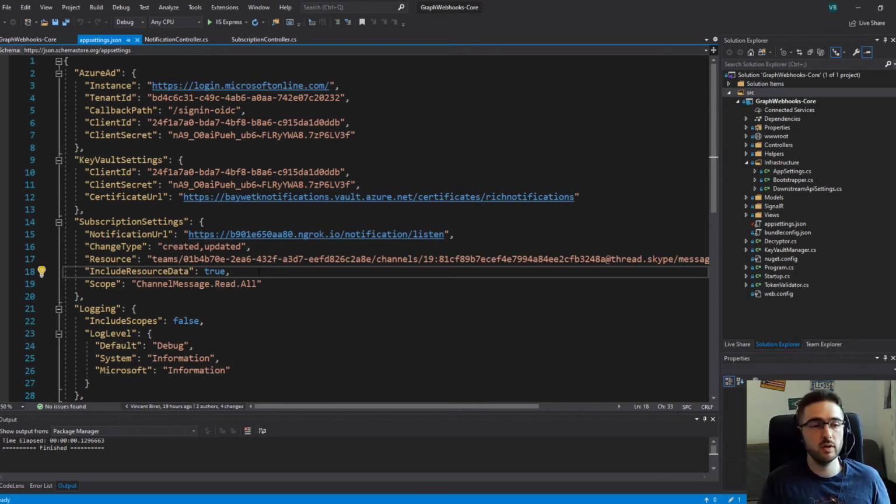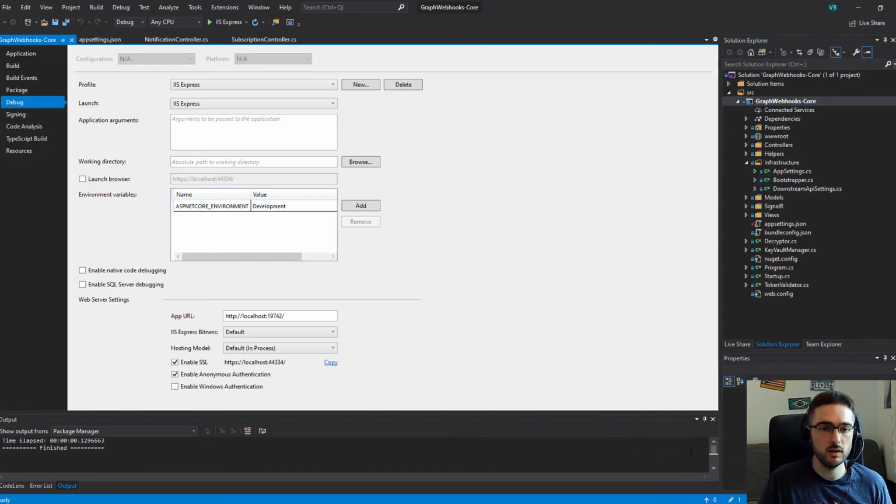Of course, I'm going to be debugging on my local machine, and that is not publicly available. I don't have any public URL pointing to my machine. So I'm going to be using a tool called ngrok. It's a simple command line tool that allows some kind of service to open and create a publicly addressable URL on the web, and then whenever any call comes to that service, it will tunnel those calls back to my local application. So for that, the first thing I'm going to need here is what port I'm going